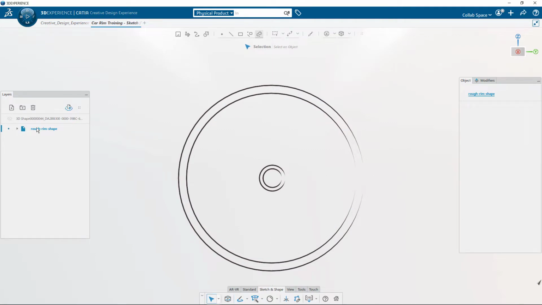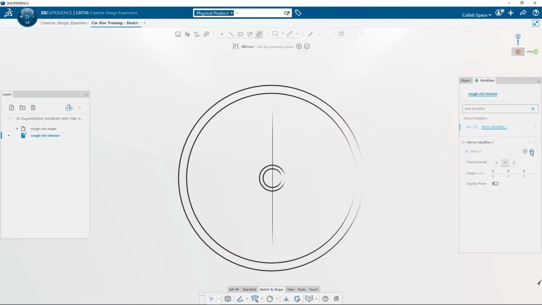I then create a new layer called Rough Rim Interior to create the rim sticks by free sketching. To only draw one part of the rim stick, I will first start by applying modifiers on top of my layers. Make sure to select the right layer, then go to the Modifier tab on the right panel, and in the Add Modifier drop-down list, select the Mirror modifier to apply it on the layer. Here I choose the Y-plane normal for the plane mirror and I validate to apply it.